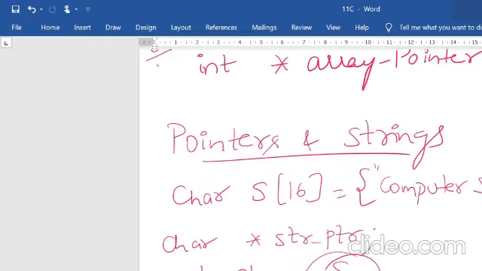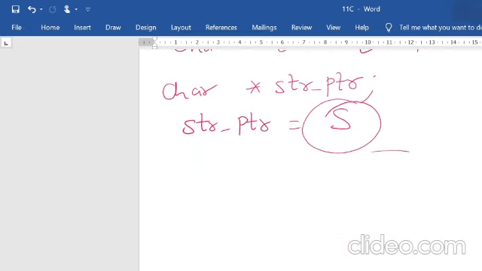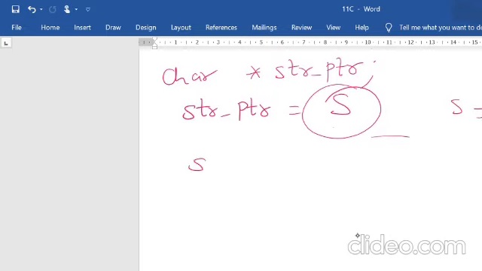Now the initial address is S of 0. If you want to increment, you give str ptr plus plus, that is, it has incremented and points to the next position.